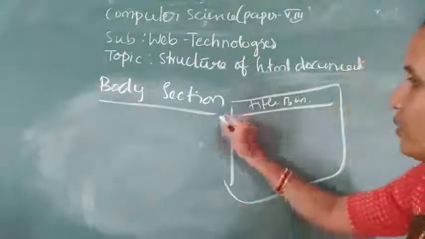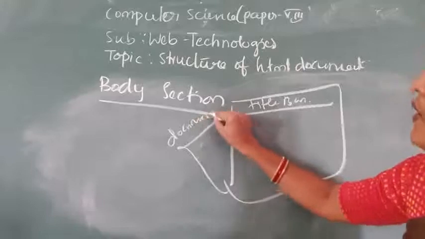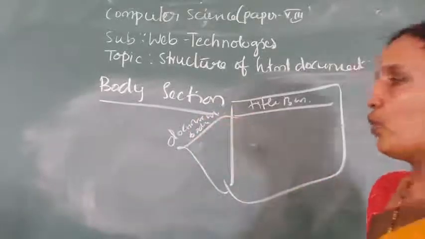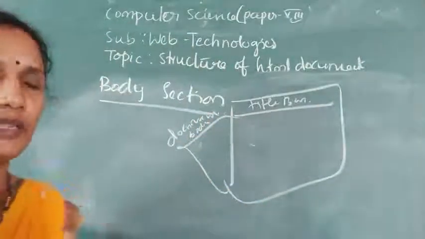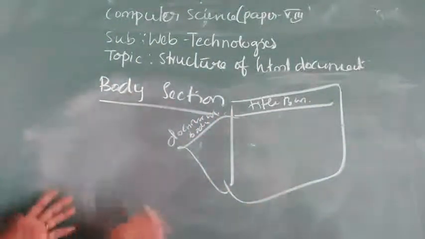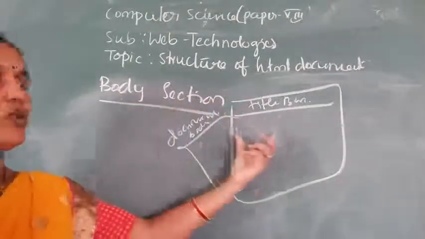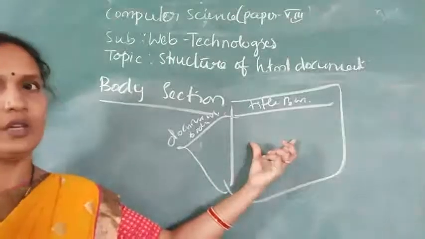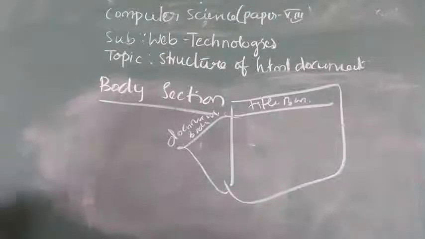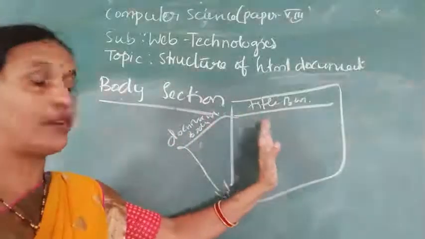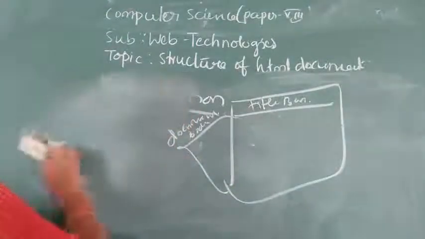So the first section is the head section. Next, this area is called the document body. And if you want to display anything in the document area, in the body of the document, that information will be included inside the body section. So body section equals the browser window document body. Whatever you want to include inside the browser window document area should be part of the document body.